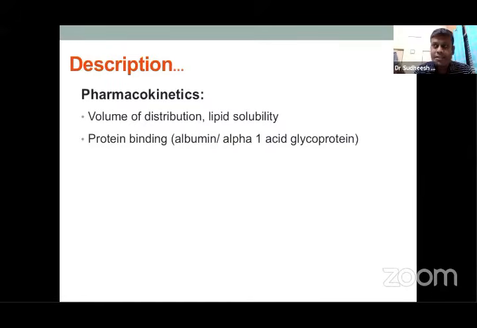Depending upon the density of blood flow and other things, the drug preferentially floods the organs depending upon the blood flow. For example, the vessel rich group, then the intermediate blood supply group, and then the vessel poor group. Depending upon that, the drug also preferentially goes and binds to those organs first. This is the process, and finally once it goes there, it has to redistribute, come back from there, and go to the areas of metabolism.